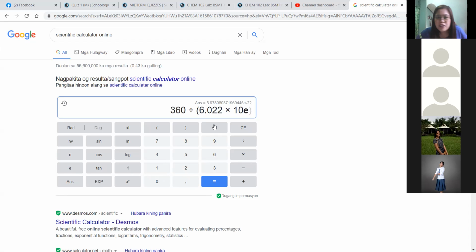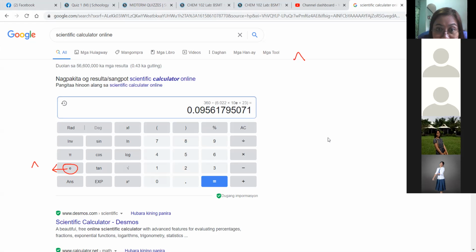Pero sa mga calcu, wala na siya nakasulat og E. Ang nakasulat, kanang symbol na parang arrow going up. So, sa inyong calcu, this one refers to this one. So, pwede ninyo to siya gamiton sa inyong calcu. Pag pinduton ninyo na and then ibutang ninyo 23, as long as naa na siya parenthesis, you will get